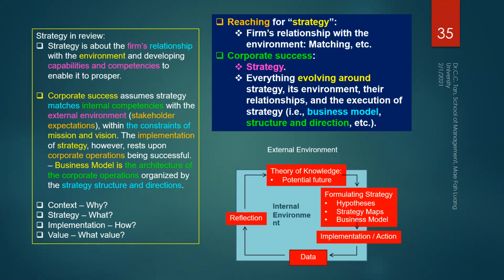So in business terms, when everything evolves around the strategy, it means what? It means that your business model, your environment, your relationship with the environment, and your execution evolve around it. In terms of what you execute, in terms of processes, business model, structure, policy, human resource management and competency and things like that. So what does it mean? It means focus, right? It means focus.